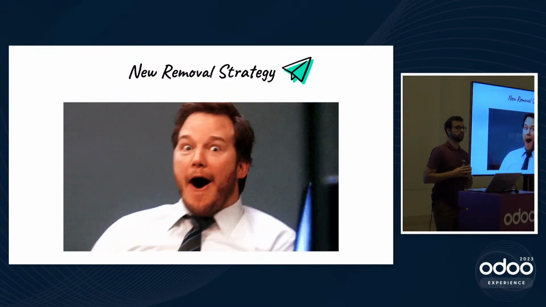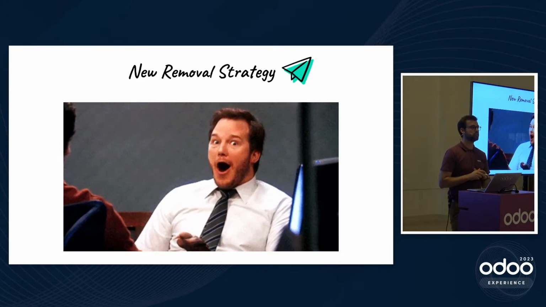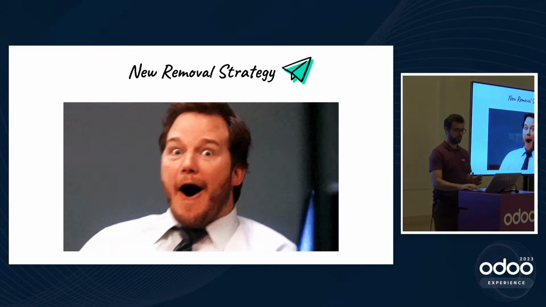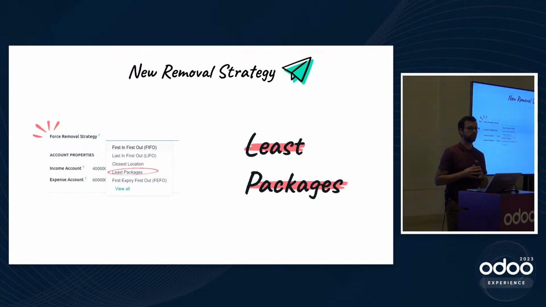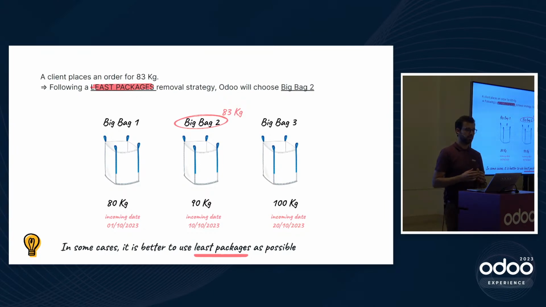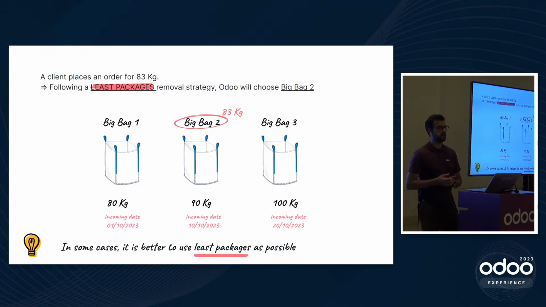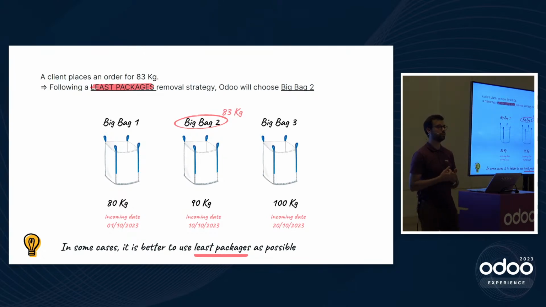Let's dive now into a new feature we have in Odoo 17, a new removal strategy. And I'm sure you're amazed about it and you would like to discover more. This new removal strategy is called least packages. Least packages will be available among the existing removal strategies on your product category, for instance. But let's take an example. A client places an order for 83 kilograms, and following a least packages removal strategy, Odoo will choose big bag number 2. It means that in this case, Odoo will take the optimal package in order to fulfill the entire demand of